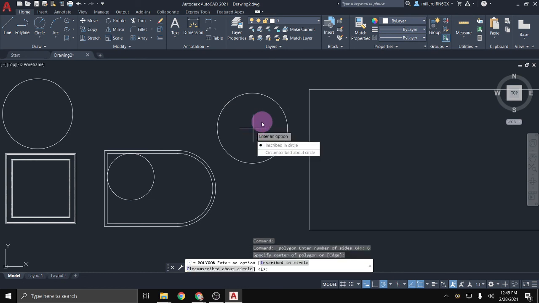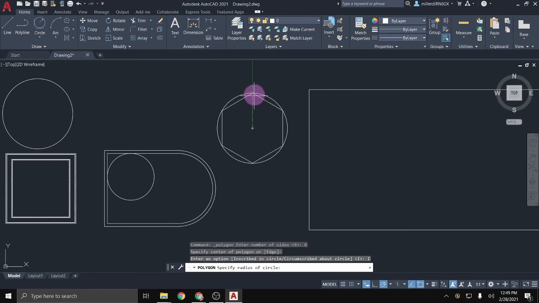And then it wants to know size-wise, is it sitting inscribed inside the circle, or is it going circumscribed around the outside of the circle? So depending on what you know about the shape in relation to the circles, you would click on either of these options. I'm just going to say it's inscribed, and I'll just make it 3 feet or 36, enter,